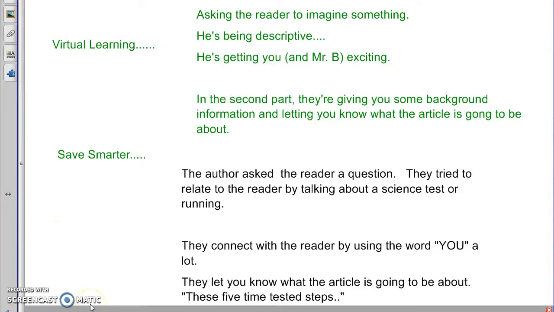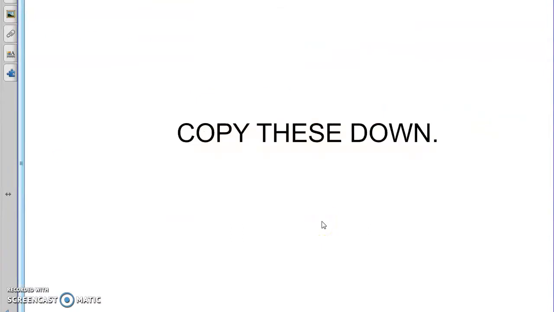When you're in your writing, this is the important part. You know, how can you do this in your writing? All right. So in your notes, you need to copy these down. This needs to be part of your notebook, so you can always go back and look at these strategies when you want to write your introductions for your articles. So get out a piece of paper. If you've not already started doing that, put it at the top, introducing nonfiction,